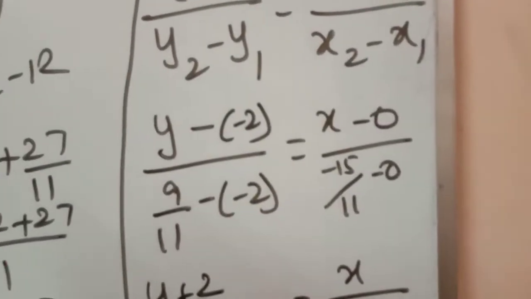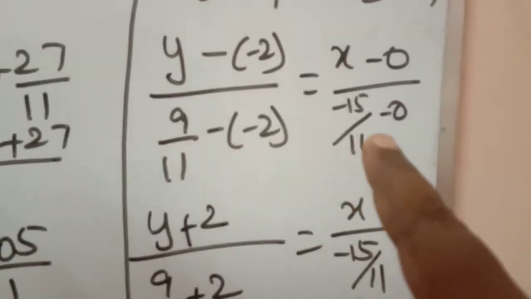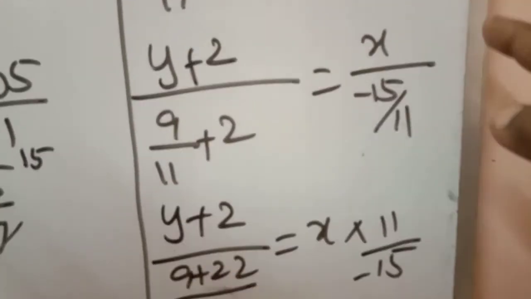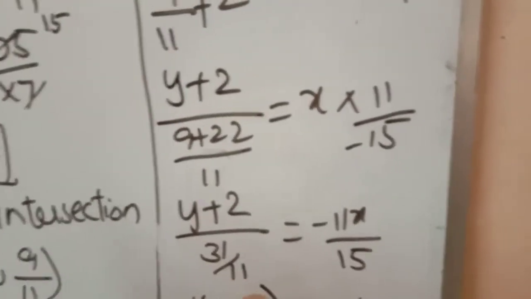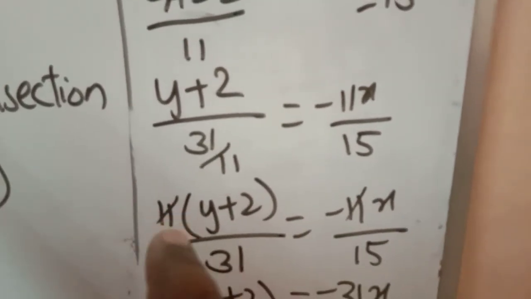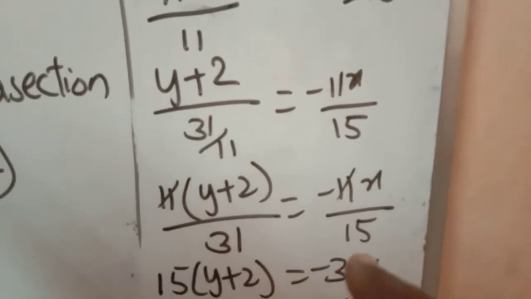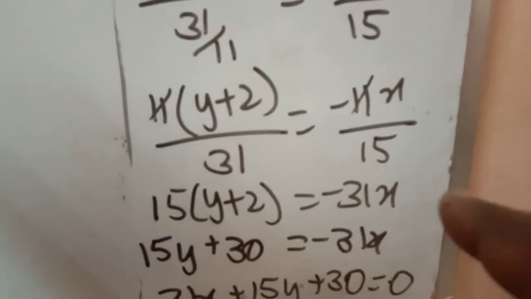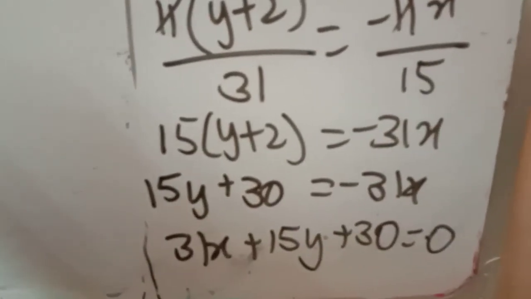So substitute the values. As it is fractions, do carefully. Minus into minus plus 2. Here minus 15 by 11 minus 0. So the same number. Fraction in the denominator, write the reciprocal here. Here take LCM. So 9 plus 22, 31 by 11. Again fraction in the denominator, write its reciprocal. This 11 and 11 we can cancel because it is a product of two terms. So we can cancel. And cross multiply. 15 into y plus 2 is equal to, here minus is there. This 31 will come here. Minus 31x. As x is negative, bring it to the left hand side and this is the required equation.